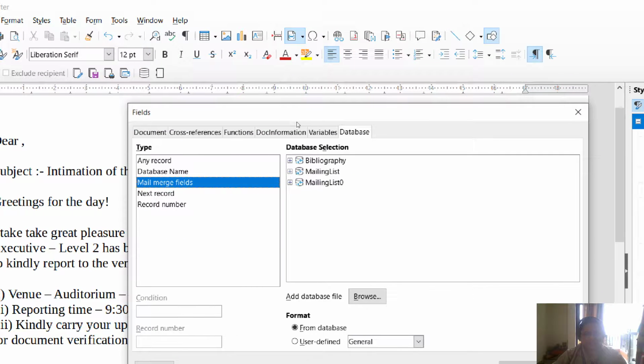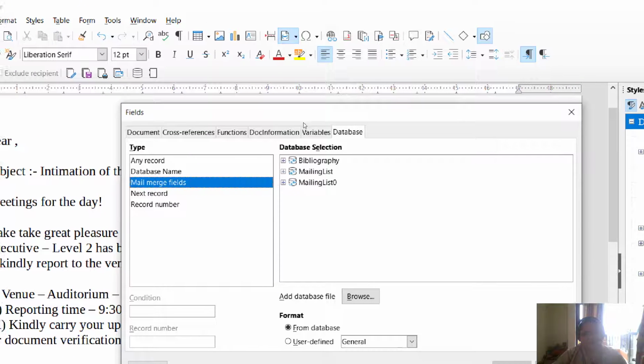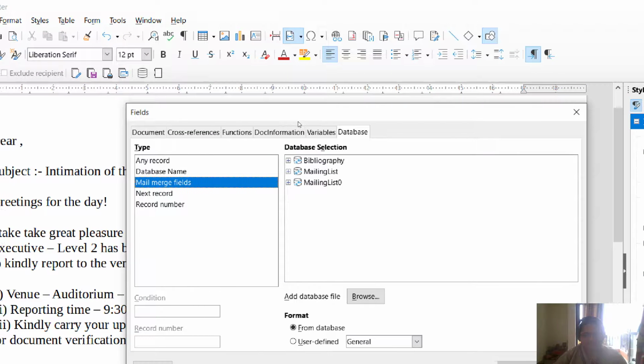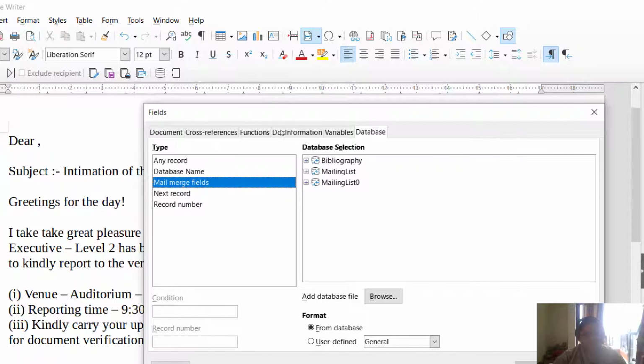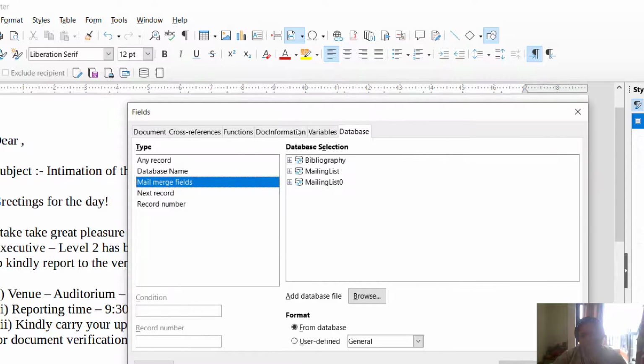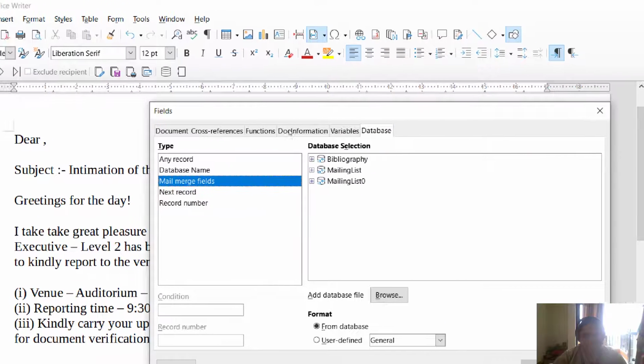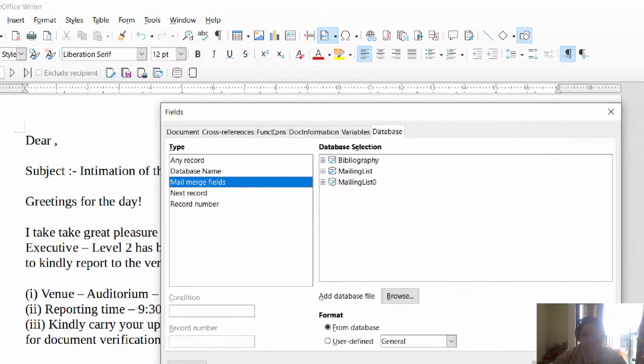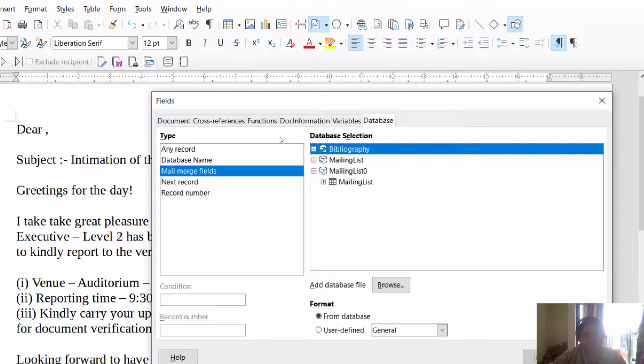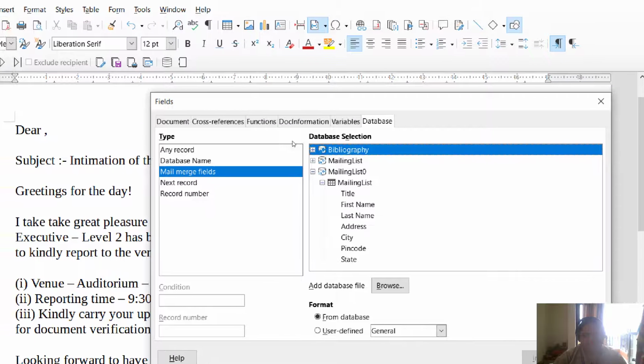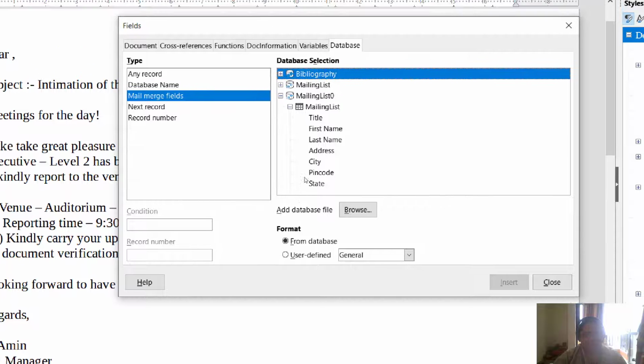Now you can see that you had already inserted mailing list. Because we had created it first, then removed it, then added it, we are getting this mailing list over here. Either of them you can select. I am selecting the latest one, that is mailing list 0. There is a plus sign here, click on the plus sign, then again click on the plus sign, and you will get all your fields.